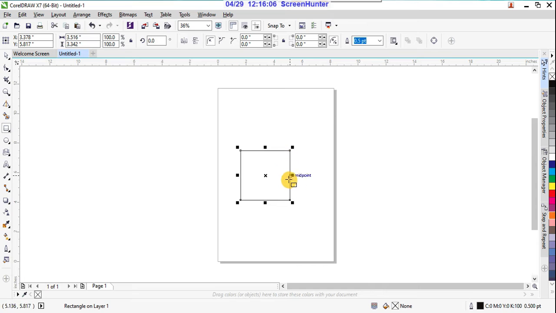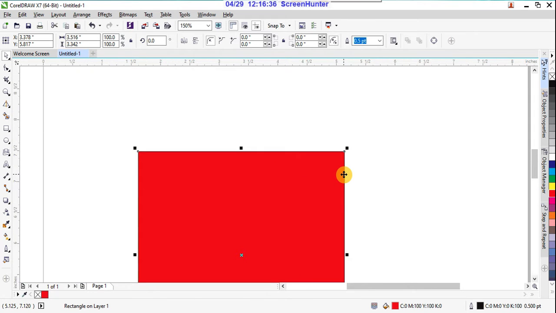See, filling colors in CorelDRAW is really very easy, right? So how to fill colors? After selecting this box with the pick tool, see the color palette is there, and here give a left click on that. With a simple left click you fill that area, right?